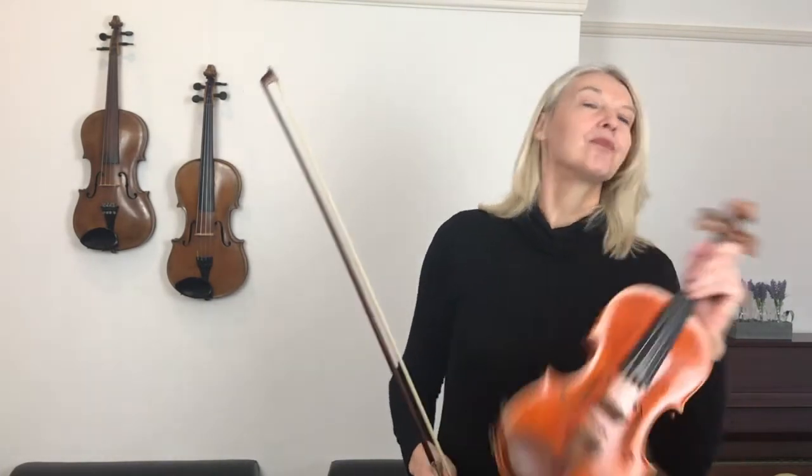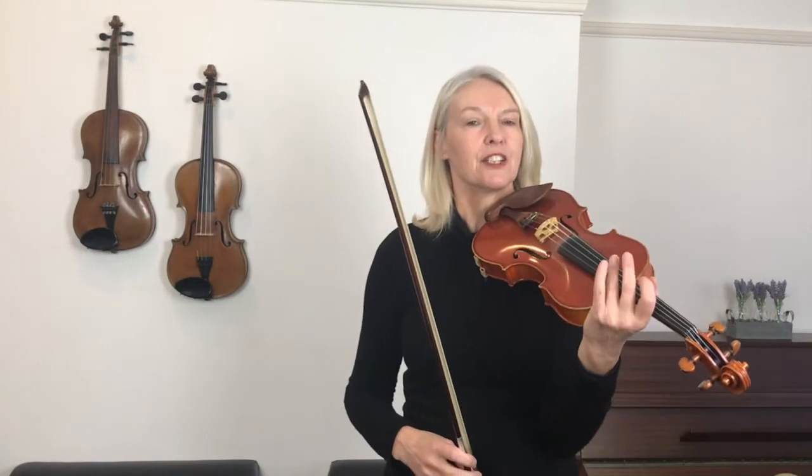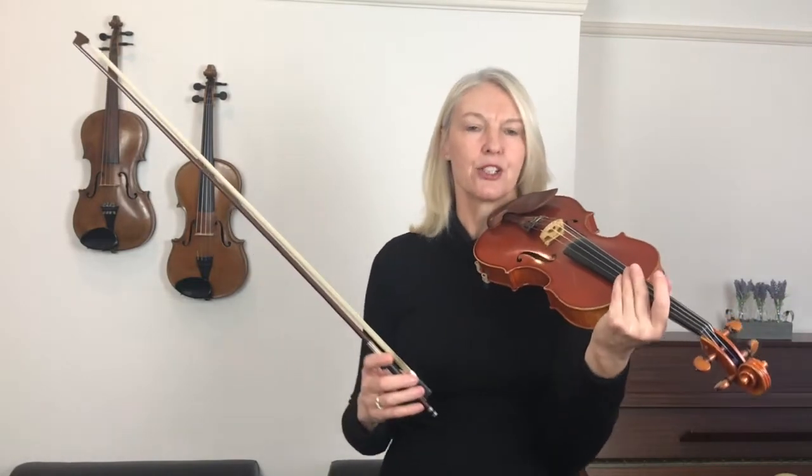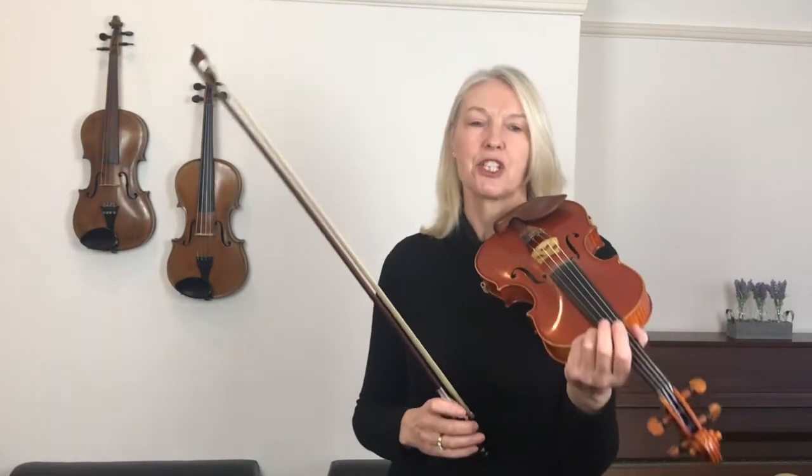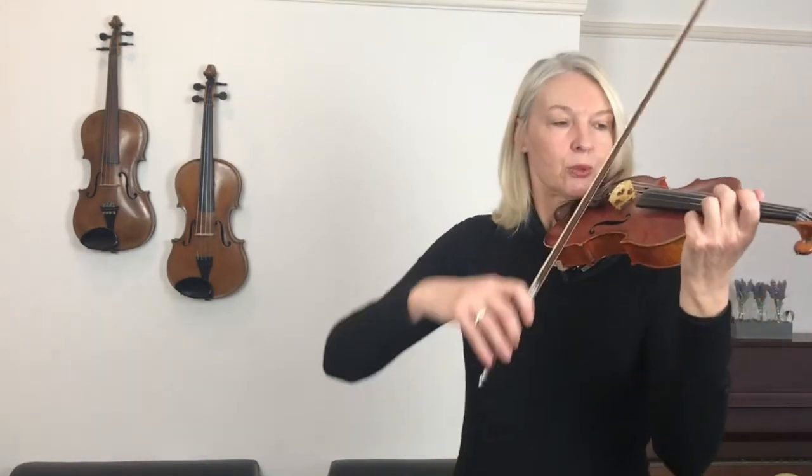Now, let's now play a D major scale. And we're going to play it slightly differently. We'll stick with our D major scale in the next couple of lessons, because we're going to still continue with our improvisation in D major. So we need to be very, very secure with that scale. But today I want you to try and slur two notes. So we're just going to slur